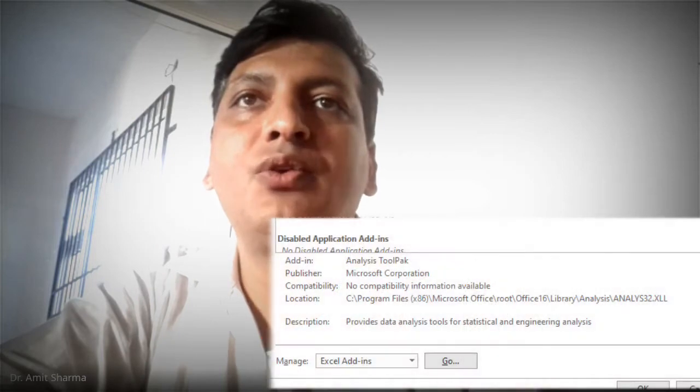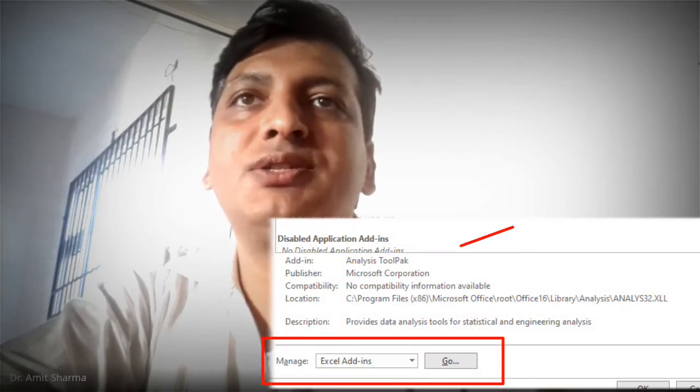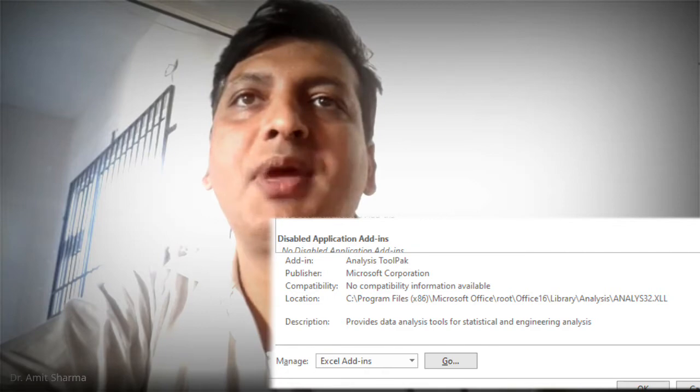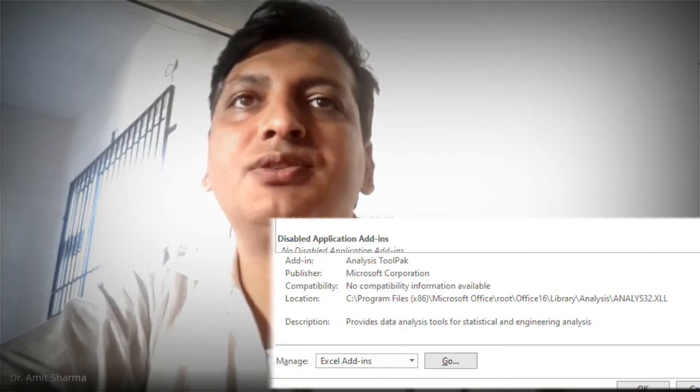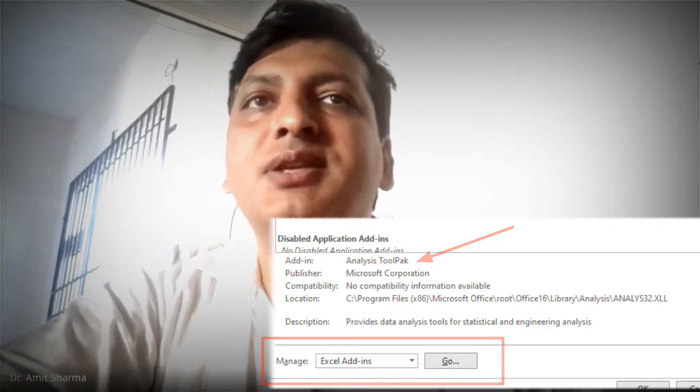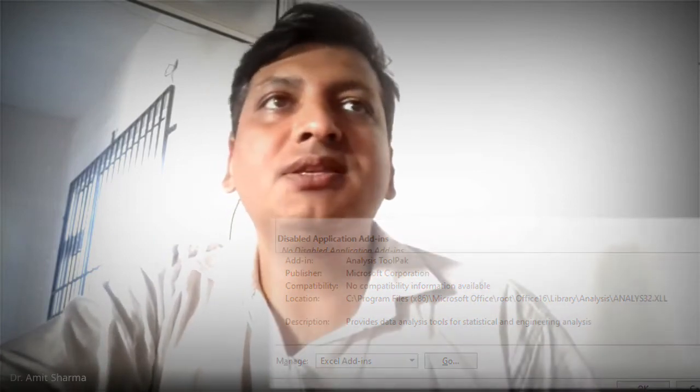If you click on Go, you have to check both of these, Analysis ToolPak and Analysis ToolPak VBA, and click OK. Based upon your system requirements, this will be customized and a few files will be downloaded from the internet. After a few seconds or few minutes, based upon your internet connection speed, you are going to see that the Data Analysis option is visible on your screen. When you have this screen, you are eligible to apply the statistical test.